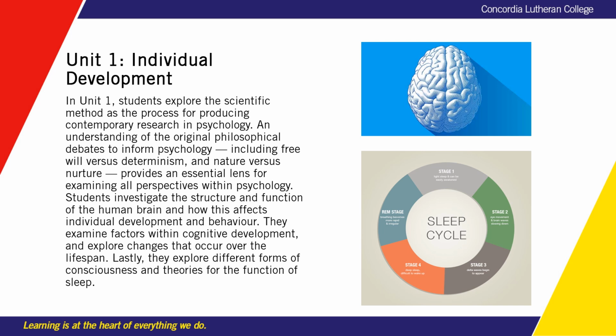Part of this will be understanding how to use data effectively, requiring you to do things like statistical analysis, calculate different statistical measures, and draw conclusions about what statistics tell us in terms of how valid the results are. In terms of other topics in Unit 1, we will look at the brain and its structures, and we will do a brain dissection, a sheep brain dissection, I should say, and look at the different ways that the structures work together in order to create thinking and behaviour.